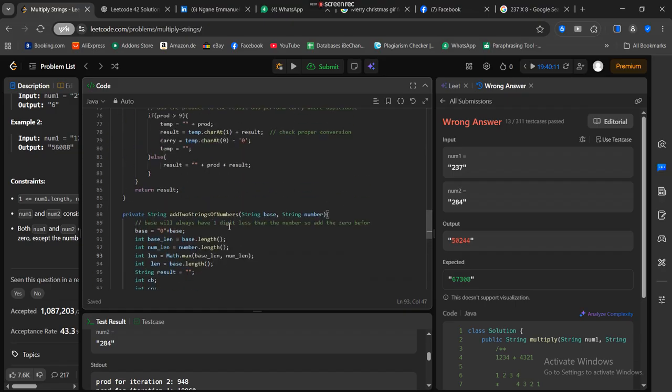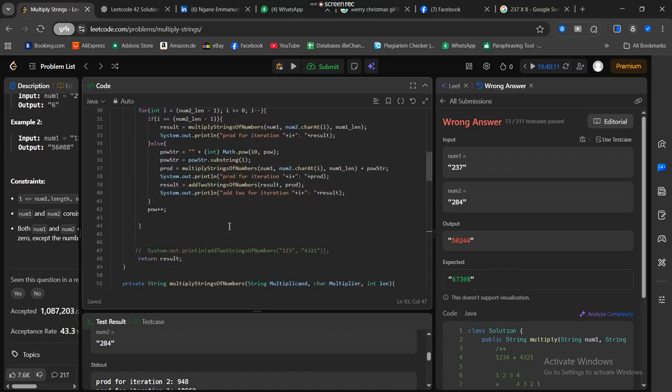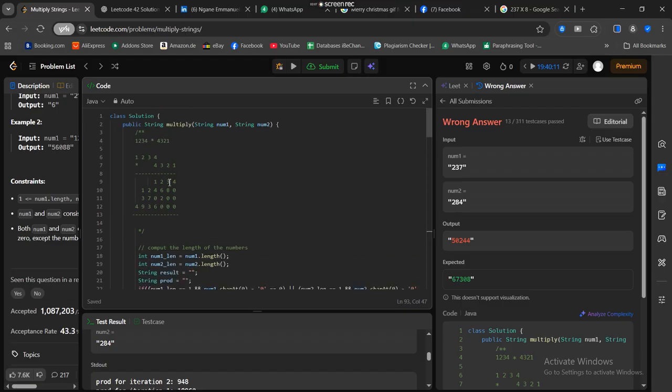Because the addition, we're adding two of them. Let's visualize how we're adding. We're adding like this. And at the end here, we don't just want to,